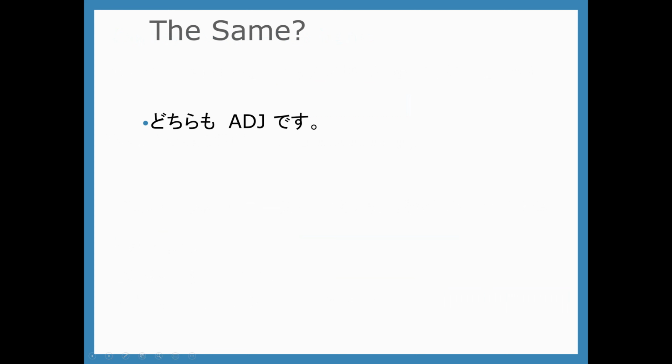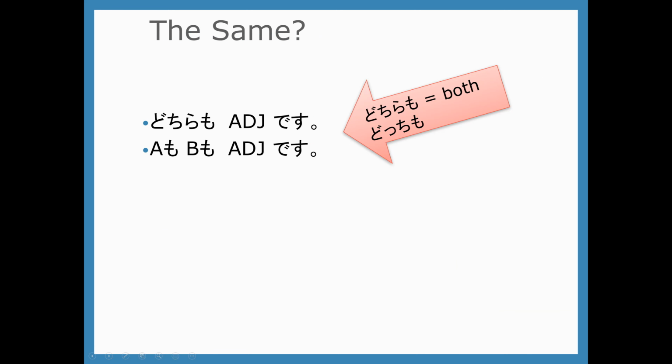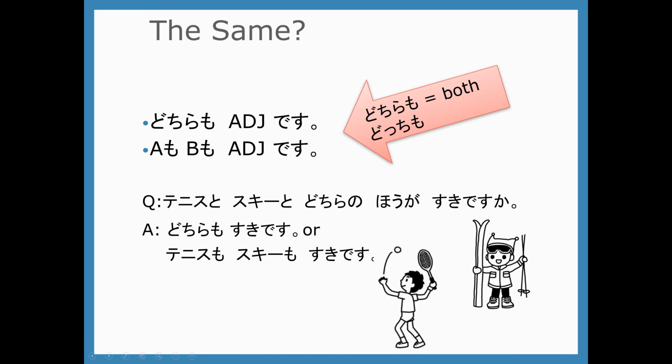So, if I want to say that they're the same, どちらも adjective です. Or A も B も adjective です. So, for example, テニスとスキーとどちらの方が好きですか? どちらも好きです。テニスもスキーも好きです。